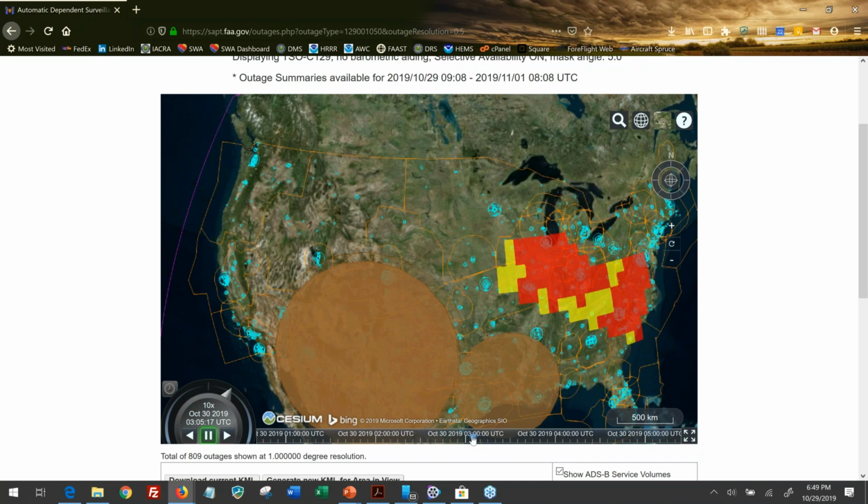All right, so you can see right there, in a large portion of the central U.S., from the eastern seaboard all the way over to almost Nebraska, it looks like, there's a big red blob.